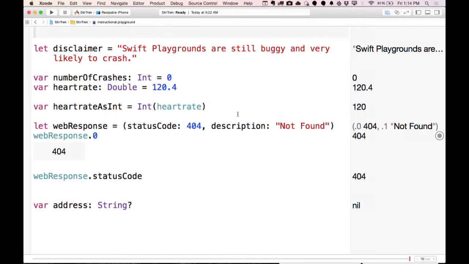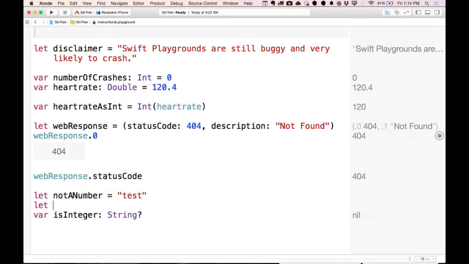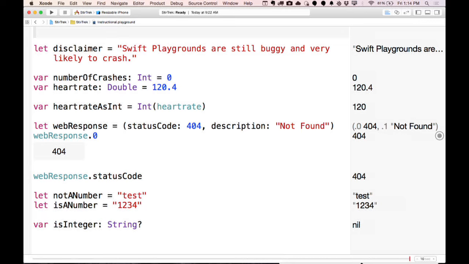Yeah, so let's say we had a string. We'll call this is integer. Let's say we had a string that represents a number. This is not a number. That equals test. And we'll have one that is a number that equals 1, 2, 3, 4. So these are strings, right? So if I try to call toInt on not a number,